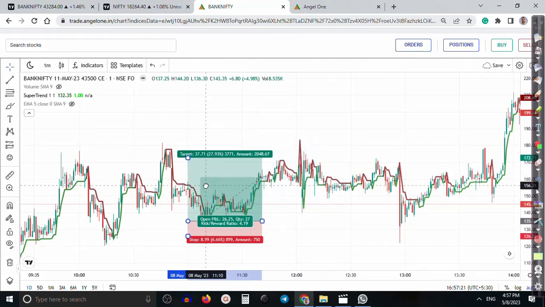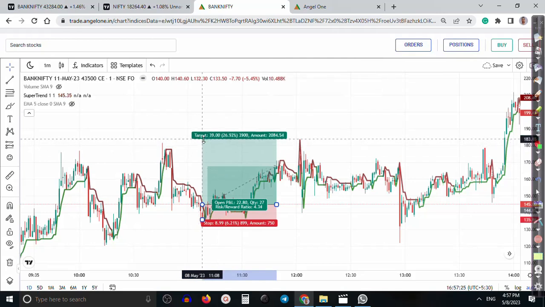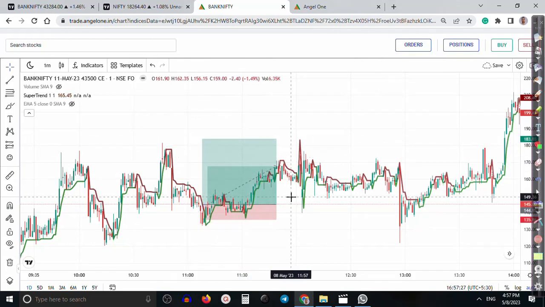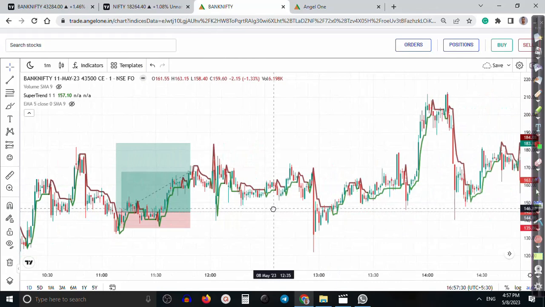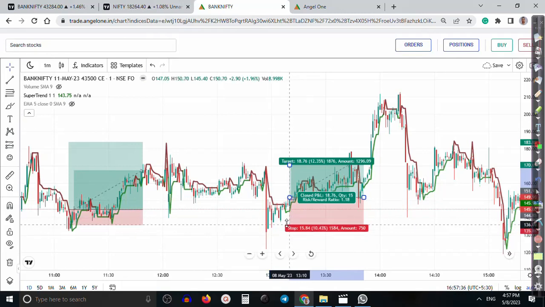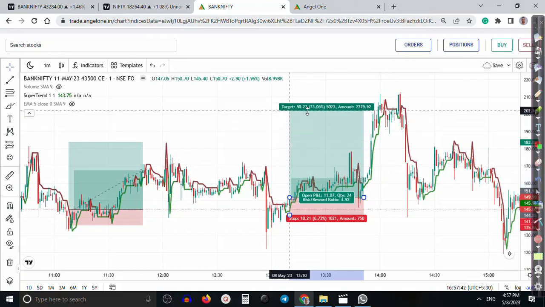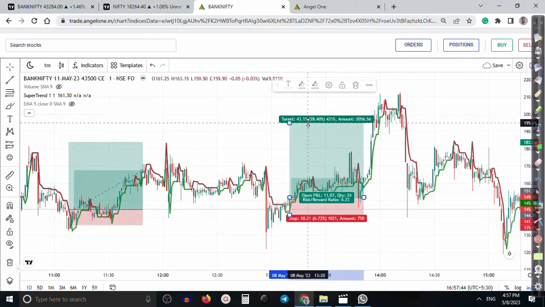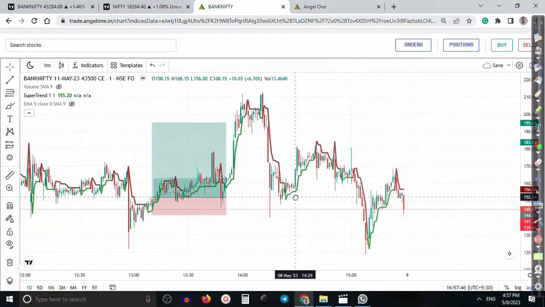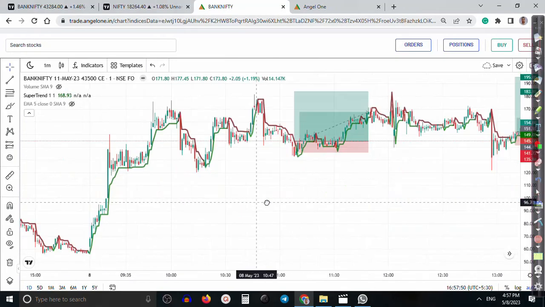My target was at that time 39 point something like that. Another entry point was somewhere here, 10 rupees SL and 40 rupees target. And another entry point was, okay, just a minute,